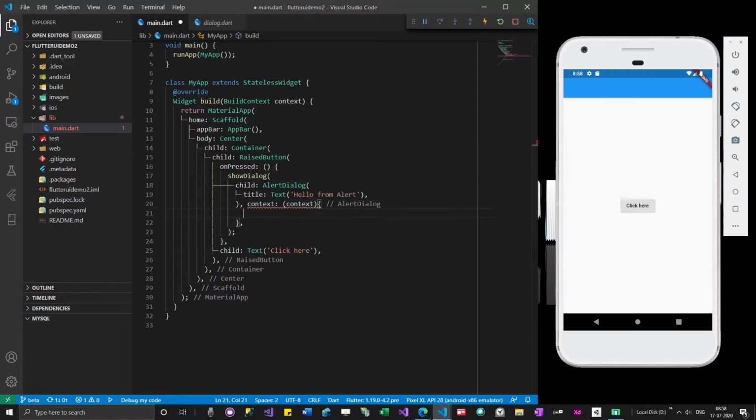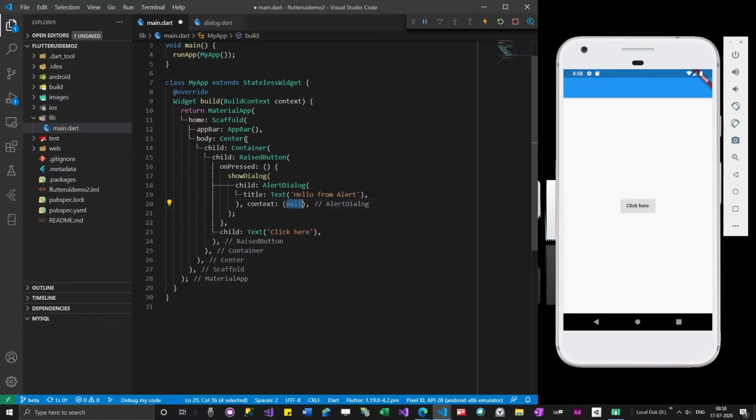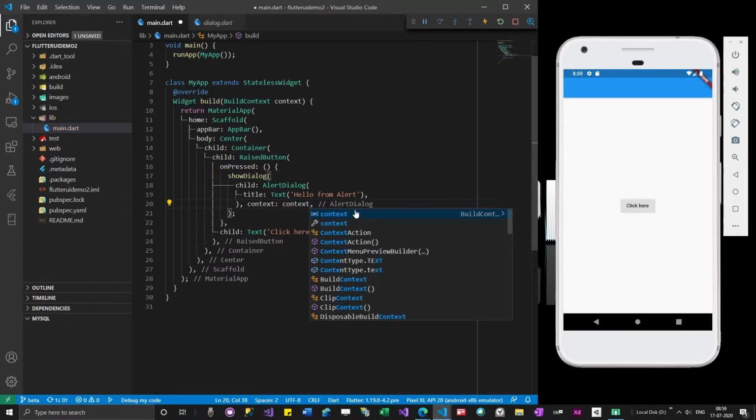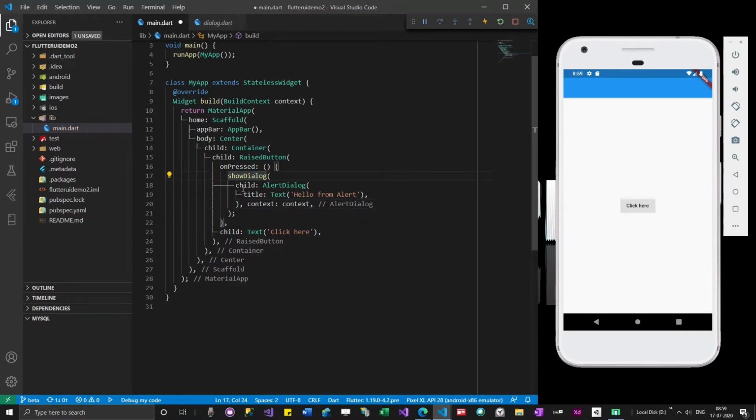Give me a second. Sorry, this is not how I should give it. Context means, I can simply pass context.